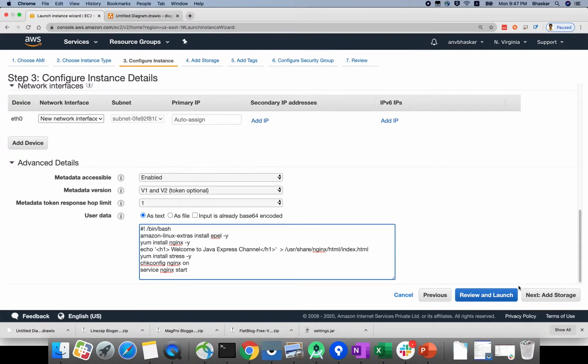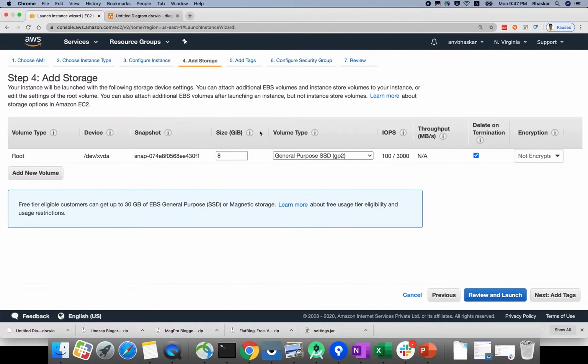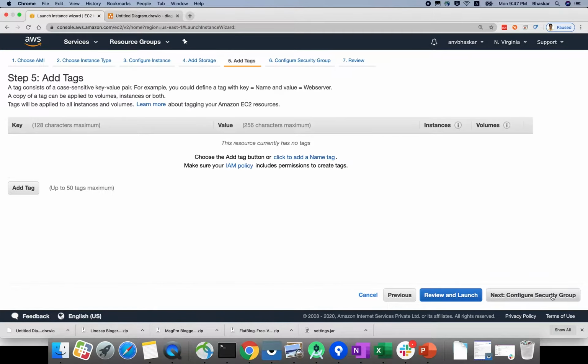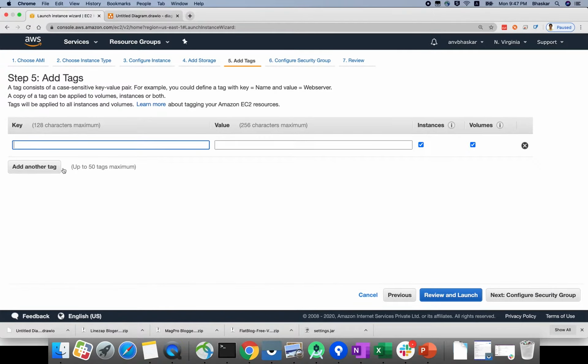Once this action is done, click add storage. Then you can add the configuration as 8 GB, which is the default storage. Click add tags, and here I'm providing a name: Java Express image server.